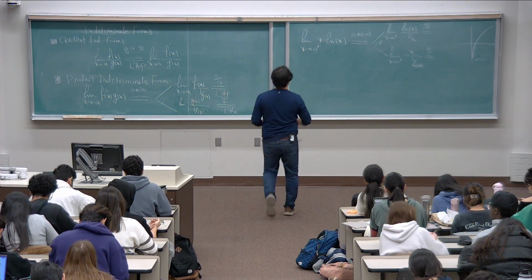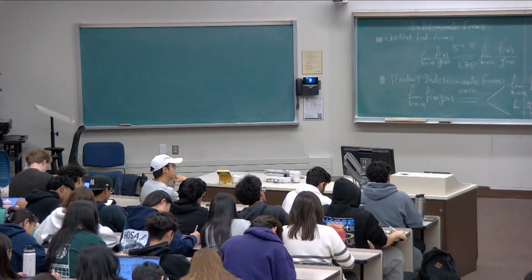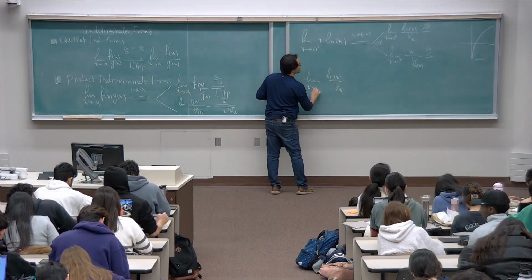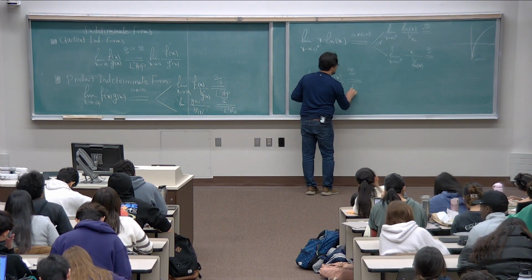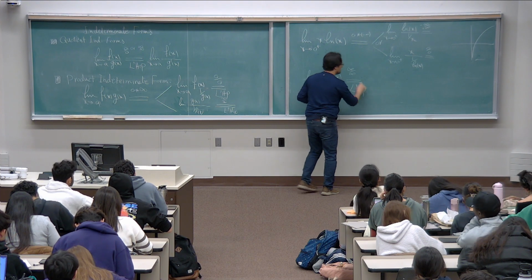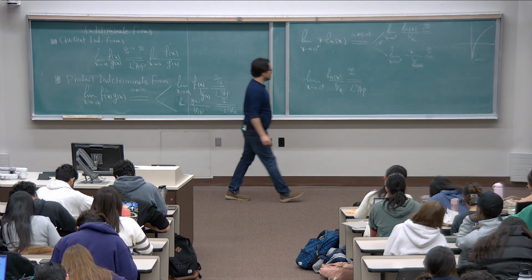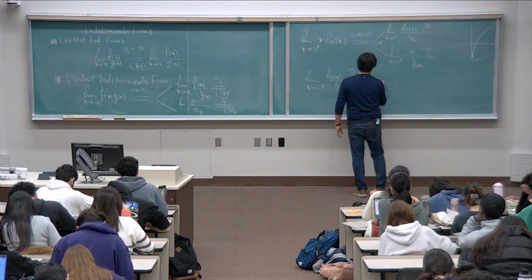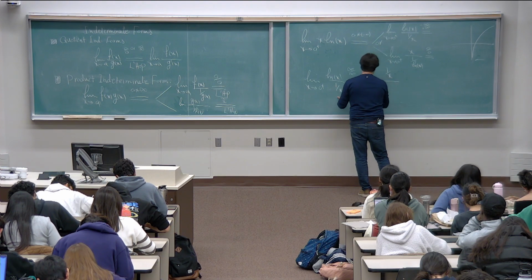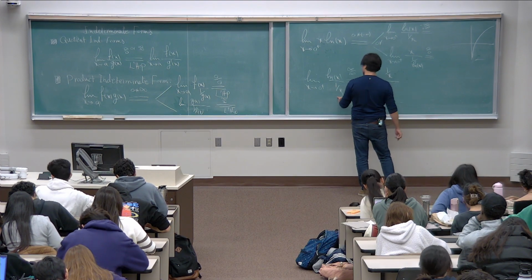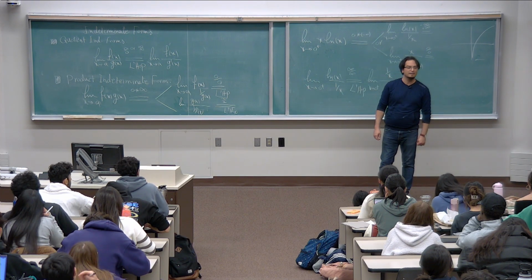So I will go with the first one, limit of ln x over 1 over x, as x goes to 0 from the right. We know this is infinity over infinity. I'm announcing what it is. I'm announcing what tool I'm using. L'Hopital rule, meaning that I can replace the ln x, the numerator, by its derivative 1 over x. And the derivative of 1 over x is,